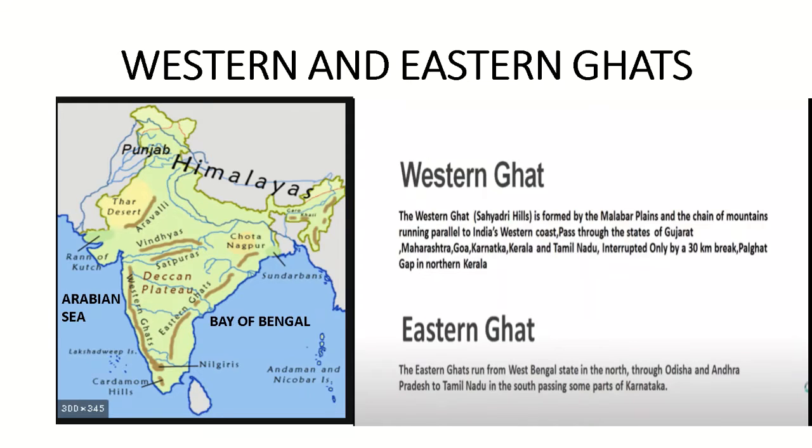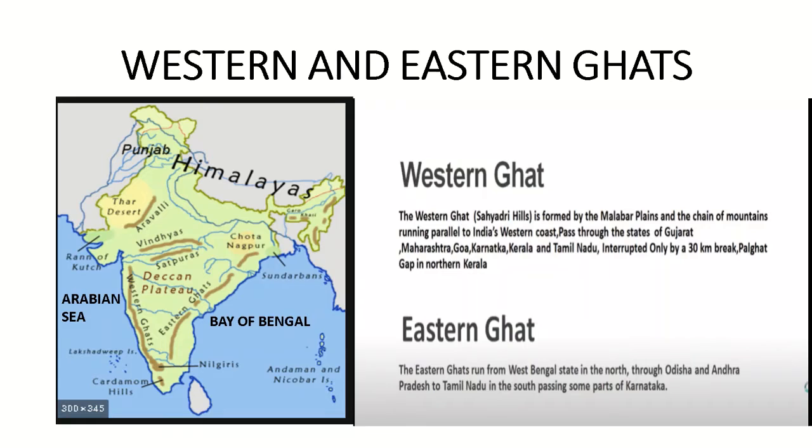Children, now we begin with the Western and the Eastern Ghats. They lie towards the eastern and western coastal areas of India. Not only India, South India. They are running almost parallel to the coastal areas of India in the west, and in broken parts also almost parallel in the eastern part of the country as well.